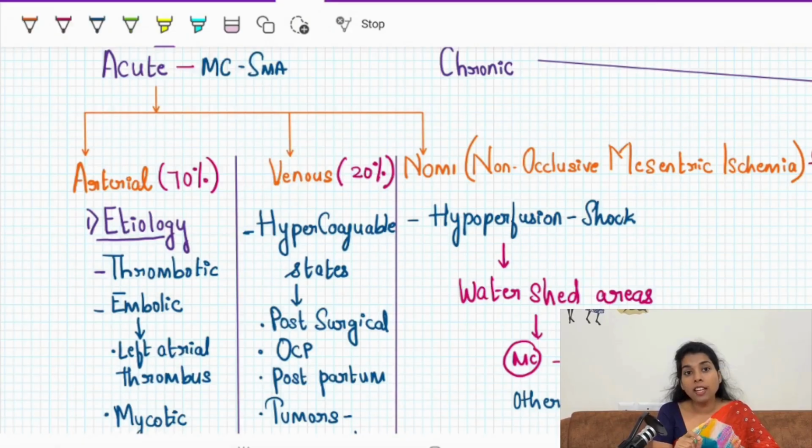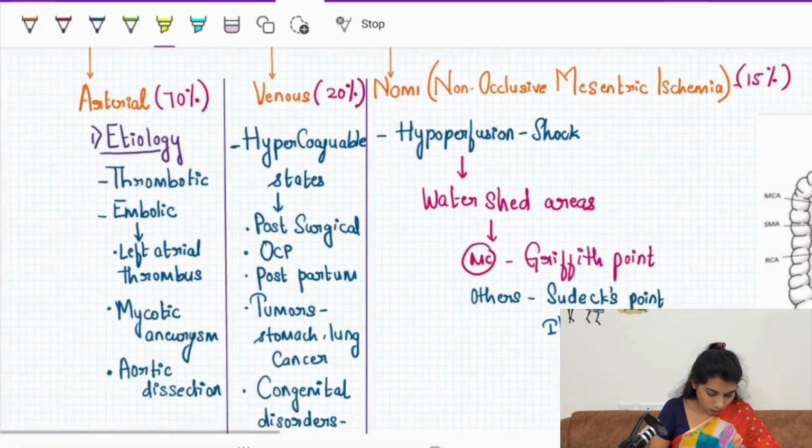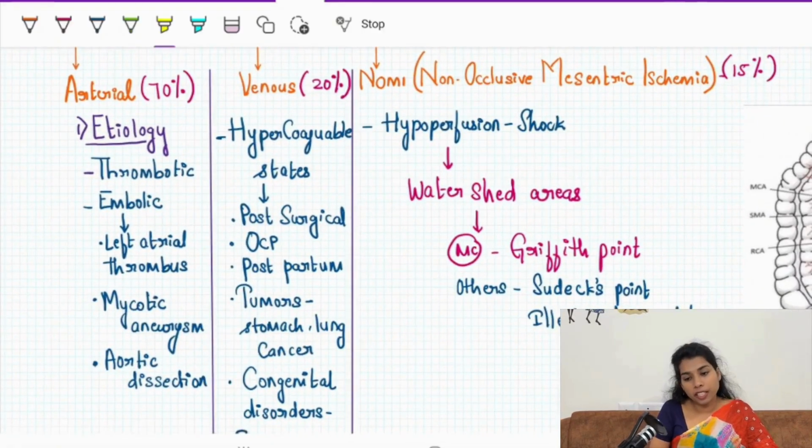Among the arterial variant, which is the most common artery to be involved? It is the superior mesenteric artery. The superior mesenteric artery overall is the most common artery involved causing ischemic bowel disease. So, starting with the arterial, the etiology of an arterial, like any other place, here also it is either a thrombus formation or an embolus. In an artery, embolus is more common. If you're seeing an embolus in an artery, where is it coming from? Like any other arterial ischemia.